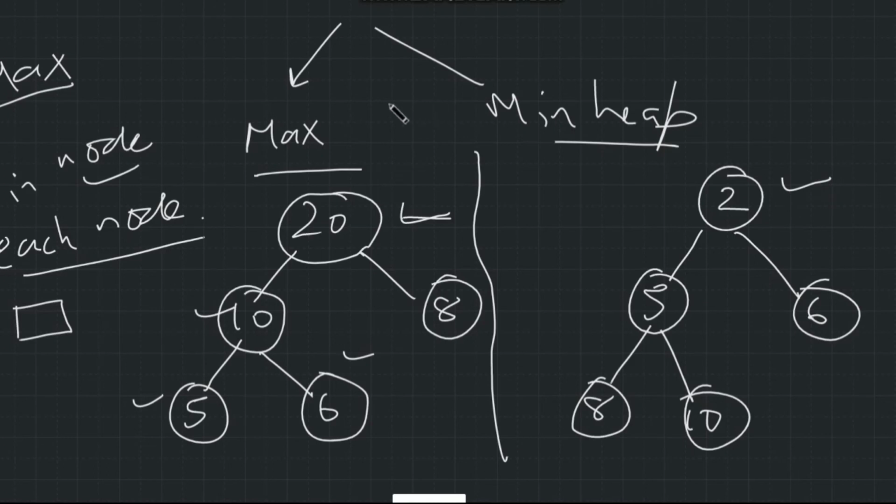So we can say that max heap and min heap are opposite in nature. In a max heap, the maximum key value will always be at the top as compared to its descendant values, and in a min heap, the minimum value will always be at the top as compared to its descendant values. Both heaps must be complete binary trees. So this is a small introduction to the heap data structure.